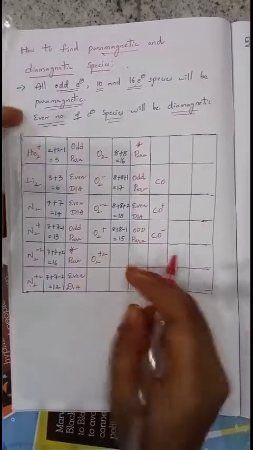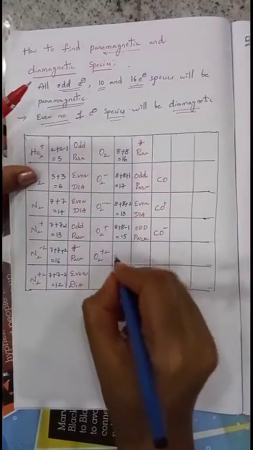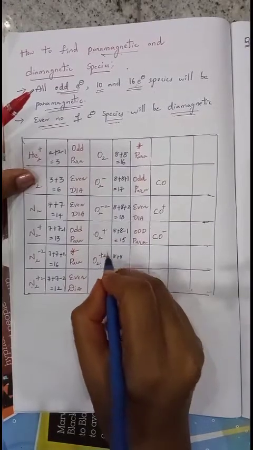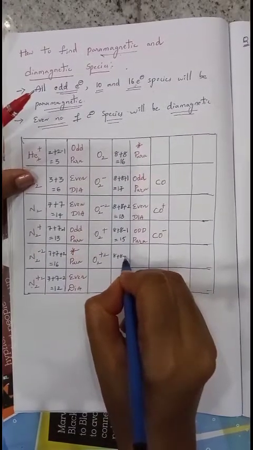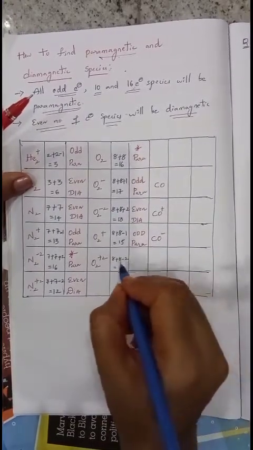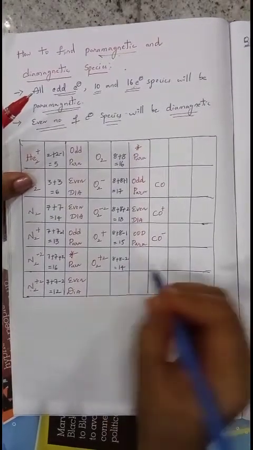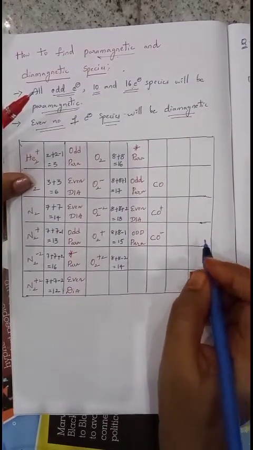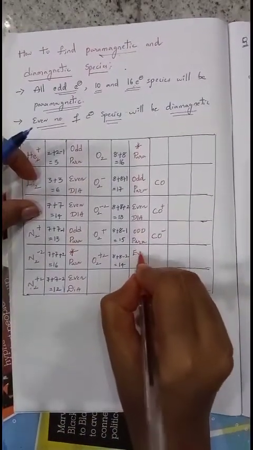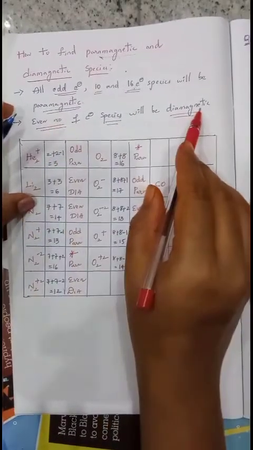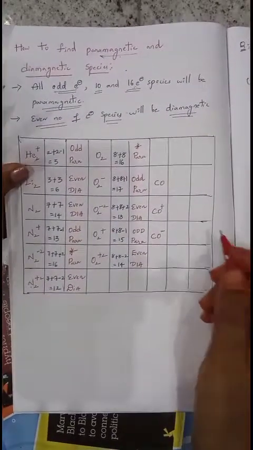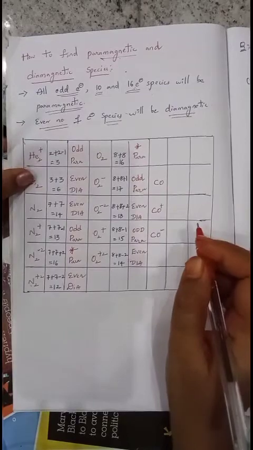Okay, next for this O2 plus 2. So O2, that means 2 oxygen. Each oxygen contains 8 electrons. And this plus 2 indicates it has lost 2 electrons, so subtract 2 electrons. 8 plus 8, 16. 16 minus 2, 14 electrons. That is the total number of electrons present here. This 14 is an even number. When an even number of electrons are present, then the molecule is said to be diamagnetic. That's it. Like this we will calculate for oxygen molecules.